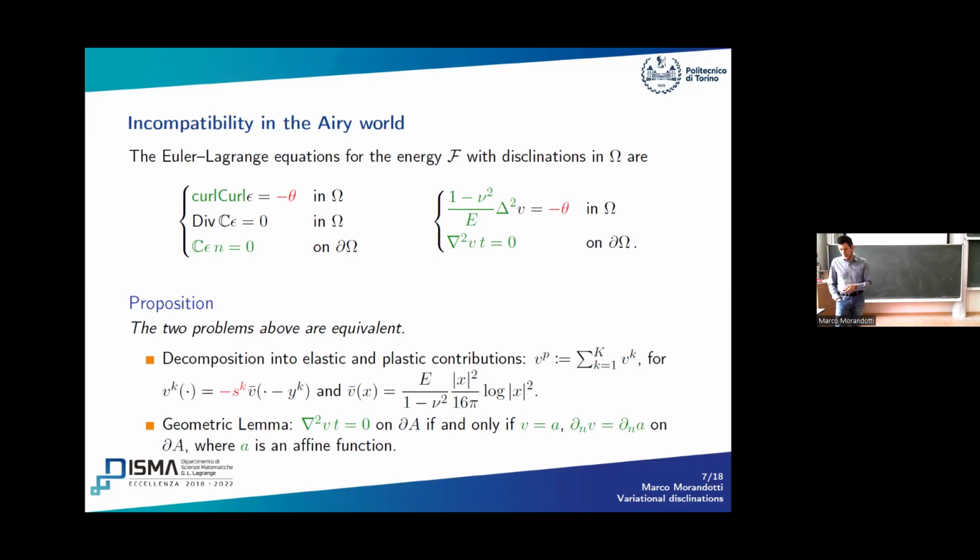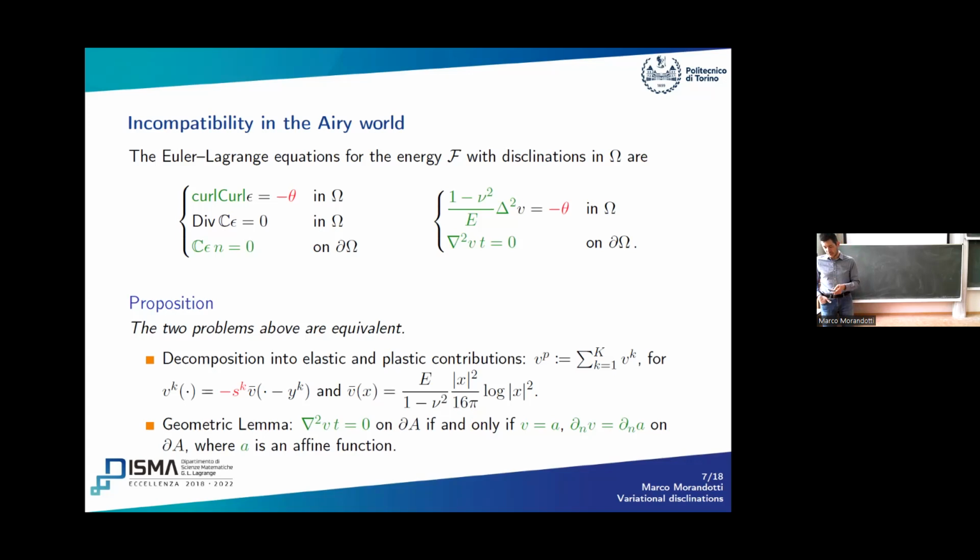We do this, and we obtain some functions that can be computed by hand. Consider this V bar. This V bar is a biharmonic function, and it can be translated vertically to impose the boundary condition that you want. Maybe this one has zero boundary condition, so you can adjust it to have zero boundary condition at the boundary of a disk. And this is basically the source of a disclination centered at the center of the disk.